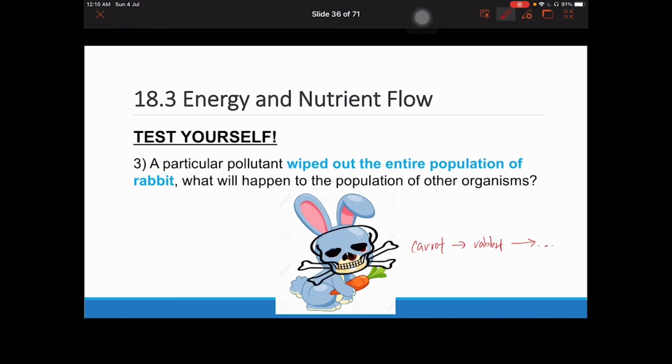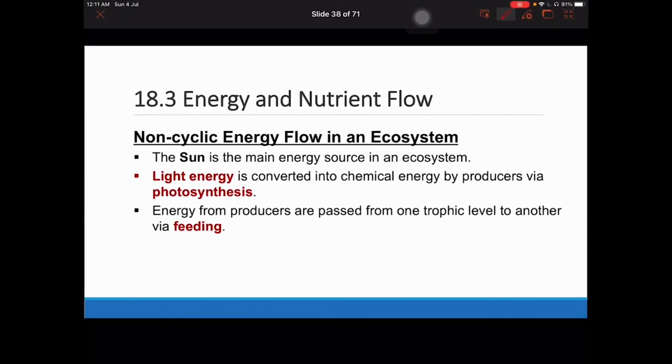This is trying to get you to think about how the different types of species are related to one another, and come up with your own explanation of why you think each species will be affected in this manner. Try to elaborate a bit more, bring your own knowledge in, and key it within the palette. Right now, you can scan the QR code or access the palette link as shown over here before we move on to the last part of the video. I hope you have already scanned the QR code and keyed your response to the palette. We'll go through those questions when we are back in class.